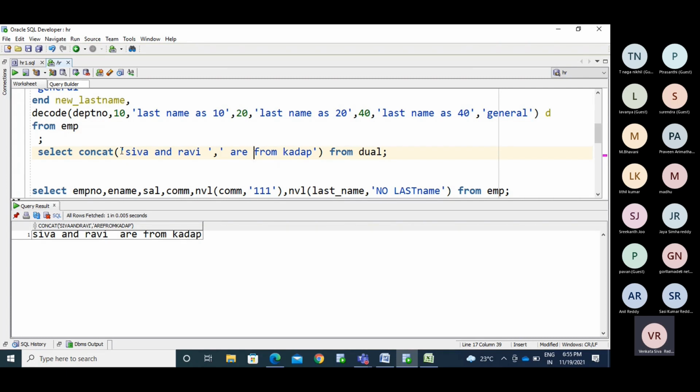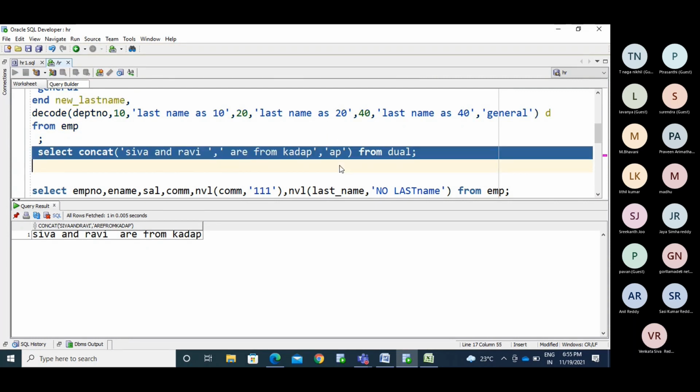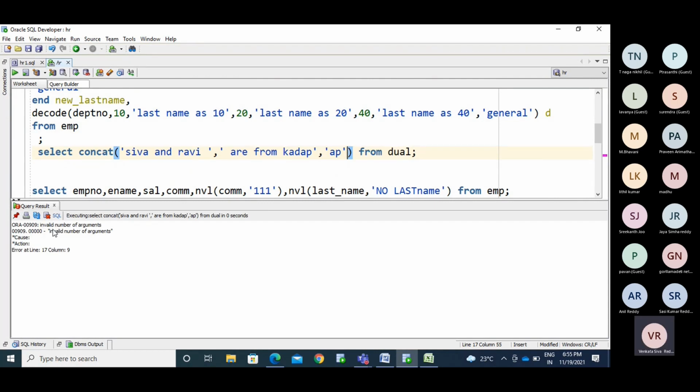If you want to concatenate two strings, you can achieve that simply. But if you want to concatenate three strings, it cannot merge them; you can only achieve it with two. If you want to club these three, you need to make it three things.